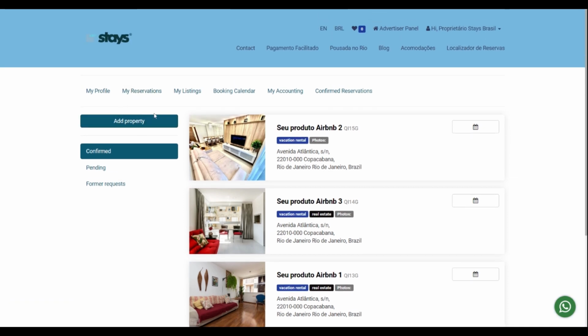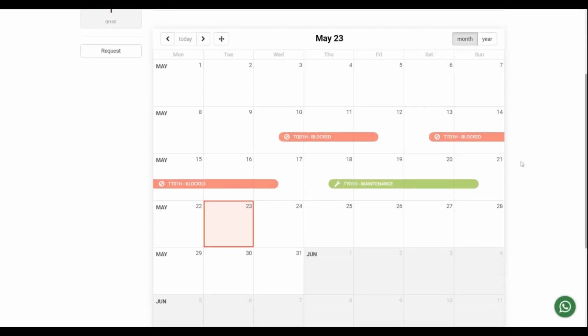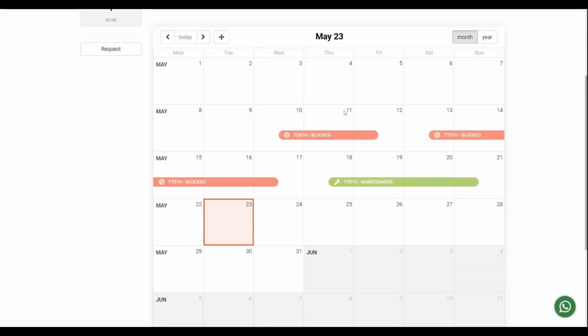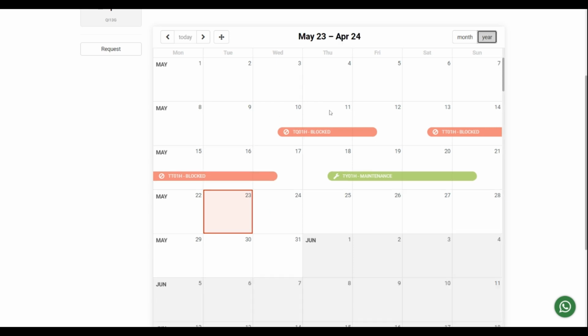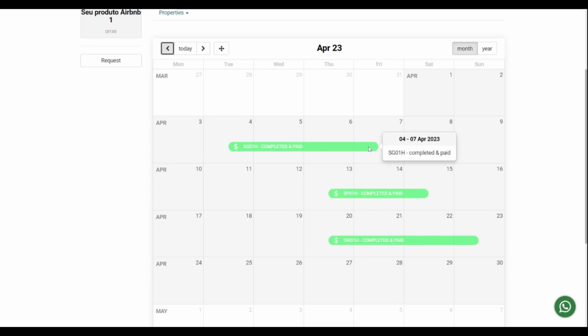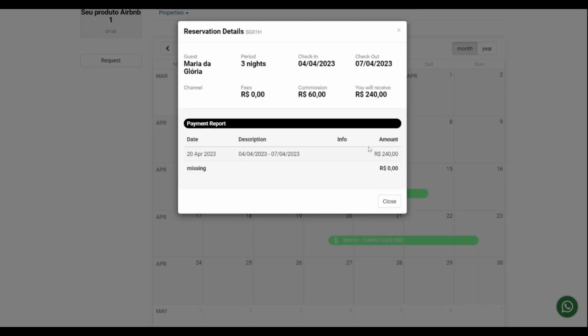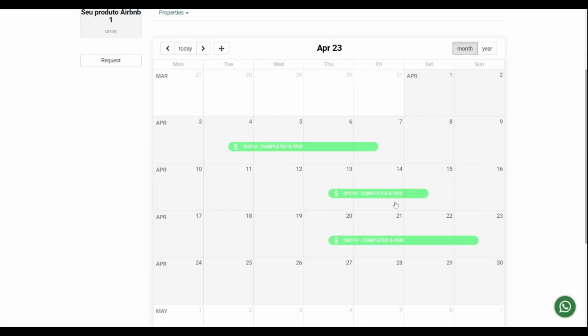On the Booking Calendar tab, the owner has access to the selected property's calendar. It is possible to view per month or per year, and you can see the next months by scrolling down the screen. By clicking on one reservation, you can see the information. It is important to remember that the viewed information appears according to the global permissions. In this case, it is forwarded and we can see the information. Reservations to be confirmed mean that it is not forwarded yet, and if you click on it, it is not possible to view the information.